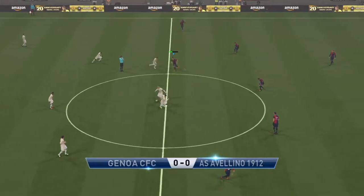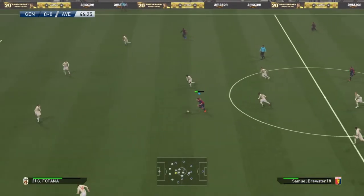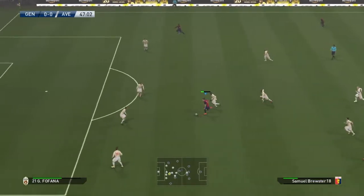Contain the opposition attack extremely well. So they head in no further forward. The score here, still 0-0. Oh,